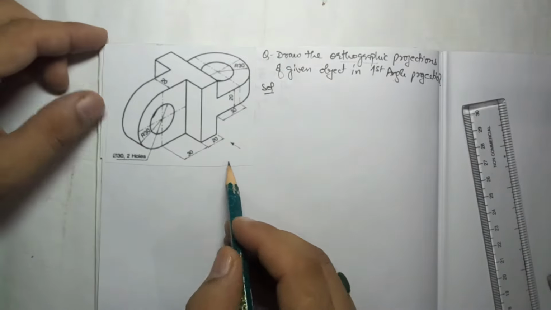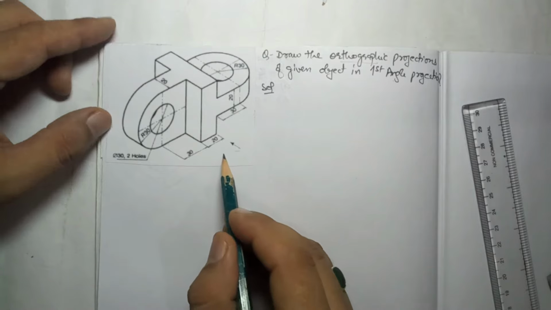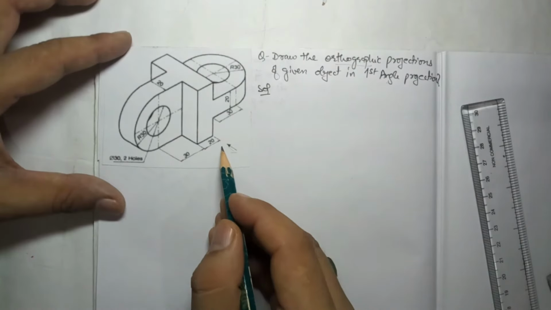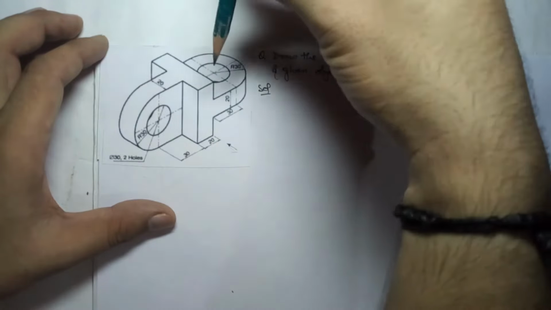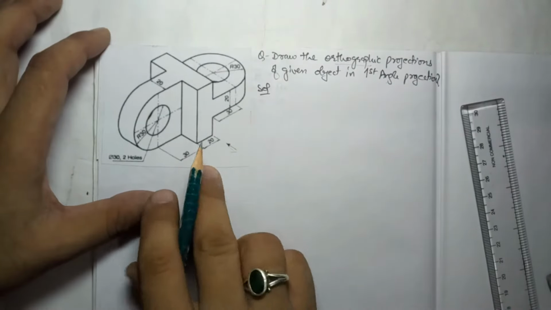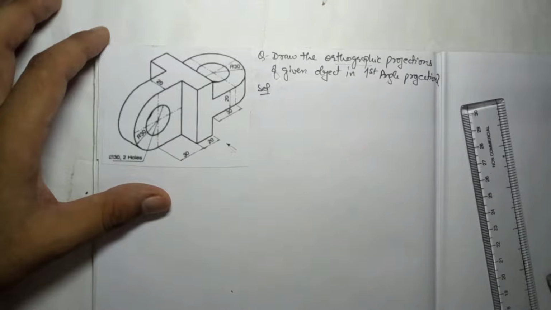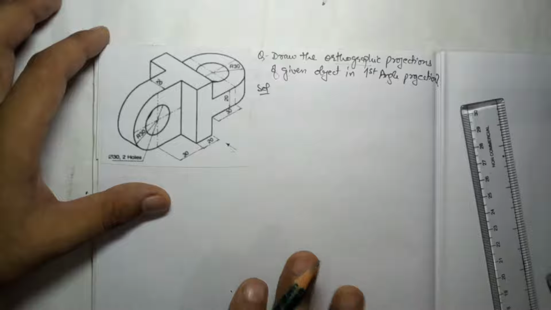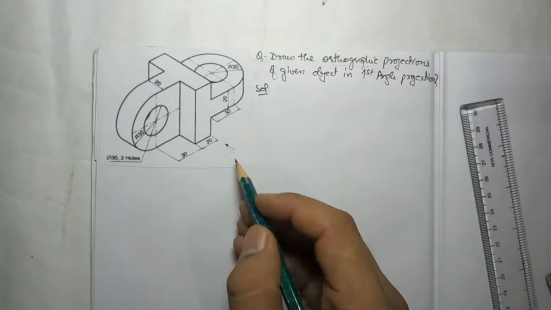Let's focus on that. The direction is given this side, so this side should be taken as the front view. I have told you the given side is the front view, and then rotate the object for the top view, or you just go above for the top view, right? Before solving, every time I will suggest to make a free body diagram, a freehand sketch, and then make it on the axis. First of all, I will discuss what the visible areas will be.